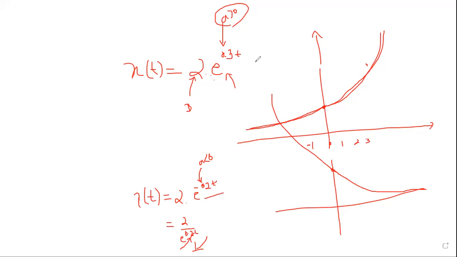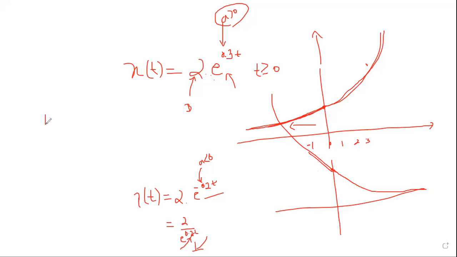Now, if at all I say here exclusively t is greater than or equal to 0, that means I am not going to consider the values in the past at all. Forget about yesterday's matters, I am not interested. What's going to happen in the future? Then I would say for a greater than 0, growing exponential, a less than 0, decaying exponential. But if you see the past values, then on the left side, for a greater than 0, it's a decaying exponential, and for a less than 0, it's a growing exponential also. Okay. So that was about exponential signals in continuous time.